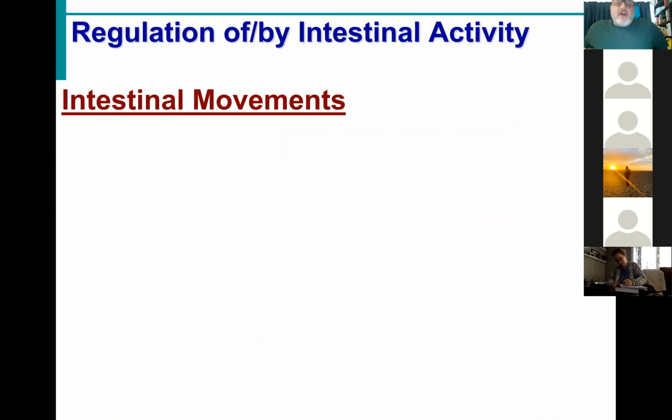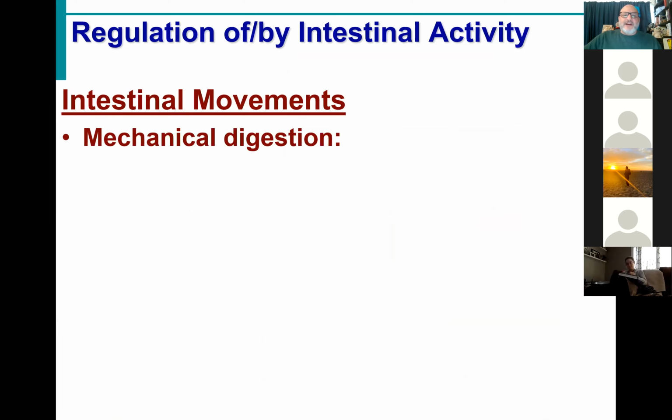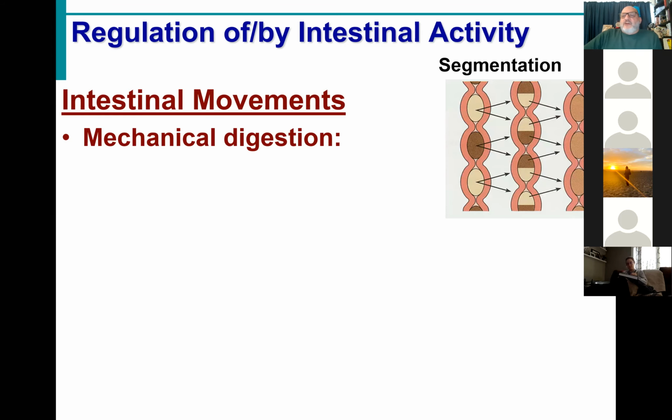As I mentioned, our intestines have some different types of motility than what we see in the stomach and the esophagus. Of course, they are going to undergo peristalsis the same way for the propulsion that we talked about before, but there are other specialized movements of the small intestine. The primary one that we talked about earlier is that process of segmentation. Remember, segmentation is where we get an alternating contraction